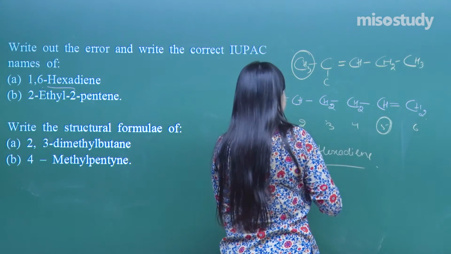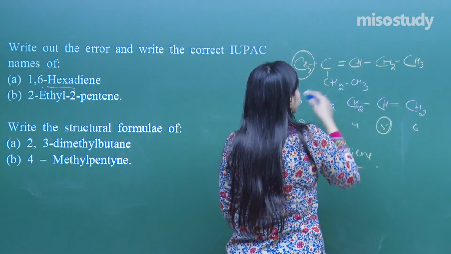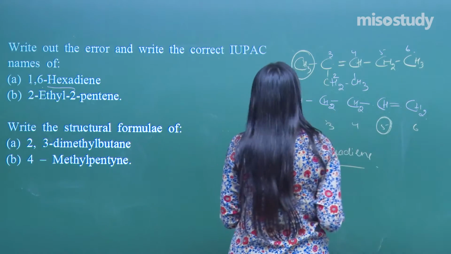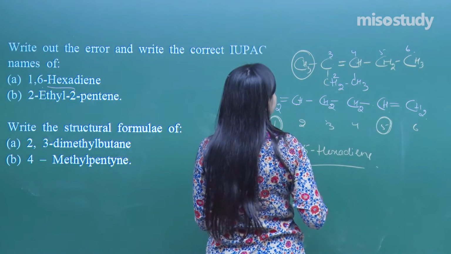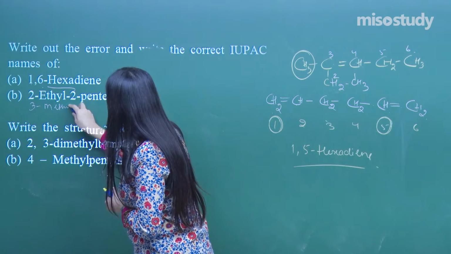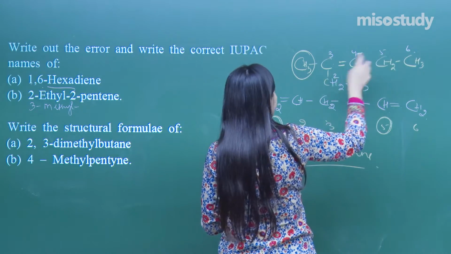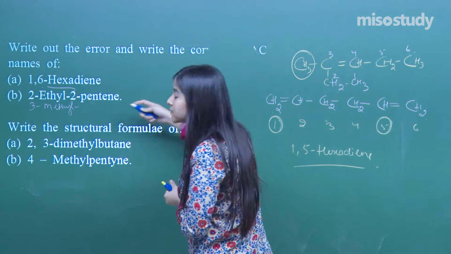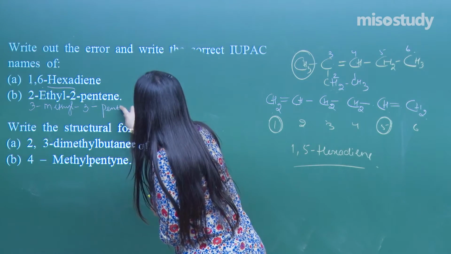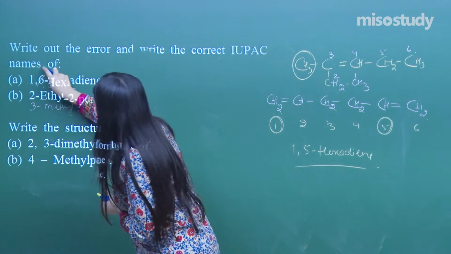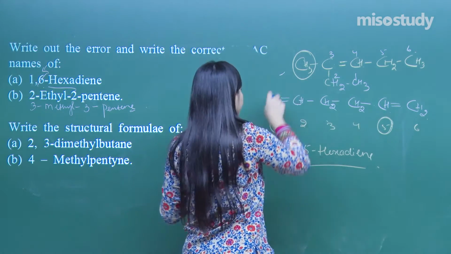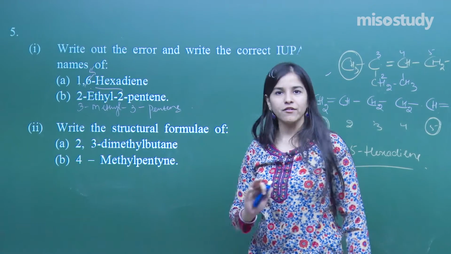I am expanding this ethyl group. So it will be 1, 2, 3, 4, 5, 6. So it will be 3-methyl, right, 3-methyl, along with pent, or 2-pentene it was, but now it becomes 3-pentene. 3-pentene, clear? It was 1,5-hexadiene. Clear about it? So, okay, this completes my second part as well. So, each of them will be given half of a mark, fine?